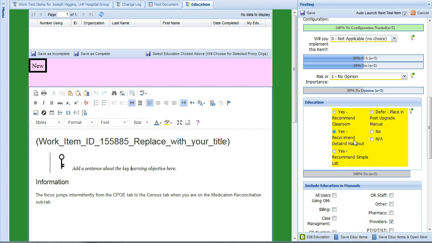So if previously your item had been marked as a yes, I recommend a detailed handout, and you read the work item, you're like, I really don't need to educate on that. People don't need to know that that was broken. They might not even know that that was broken. It may not be something that we need to educate on. So if you switch it to a no,